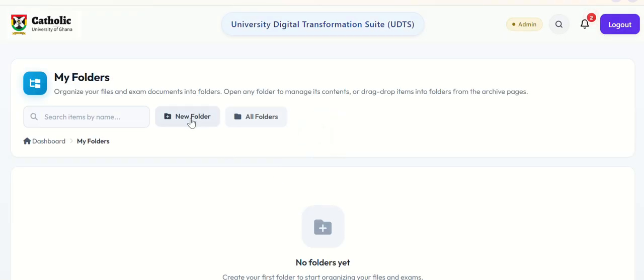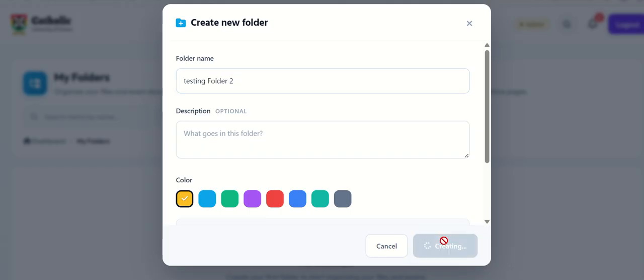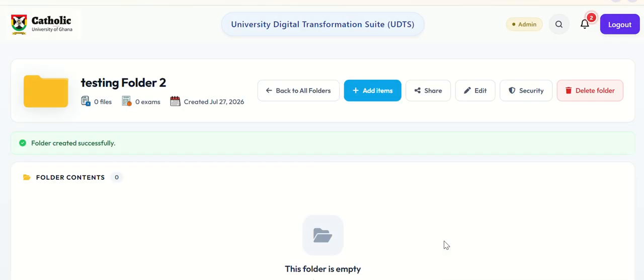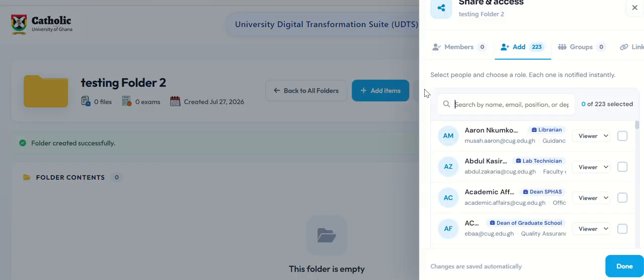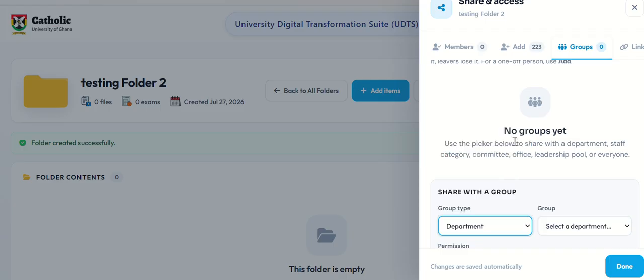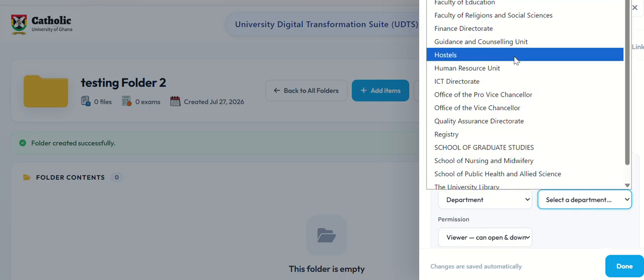If I create a folder here, let's say testing folder 2, since this account is a system administrator account, if I share this folder with a department, I can now select the department. You know that in the other account I could only send it to that specific department I